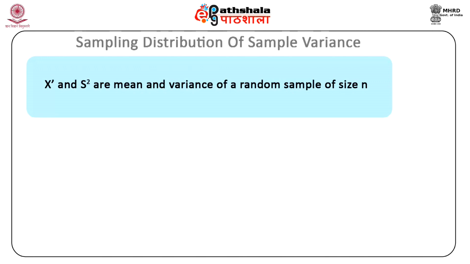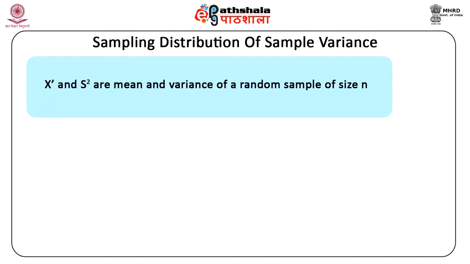If x prime and s square are the mean and variance of a random sample of size n from a normal distribution with mean mu and standard deviation rho, then